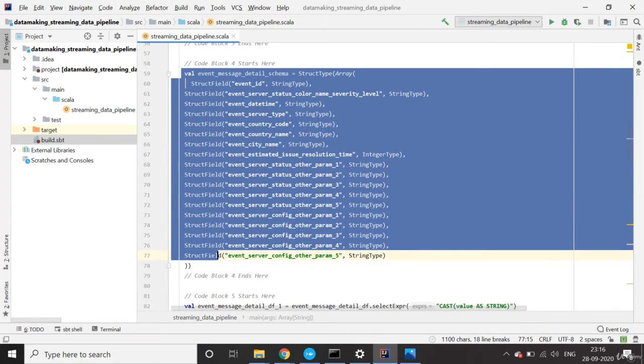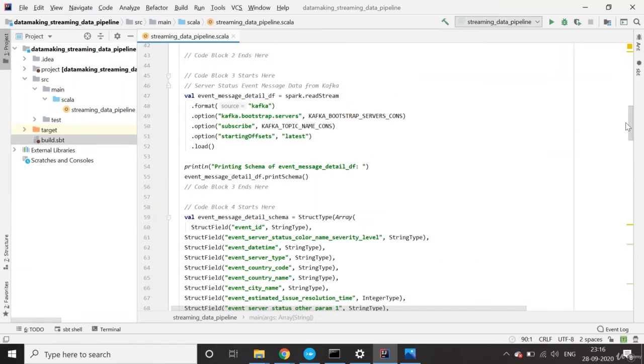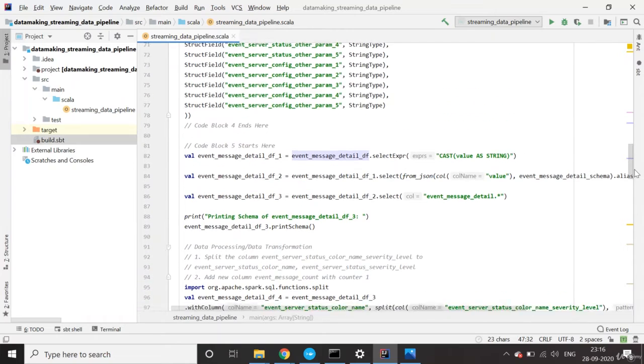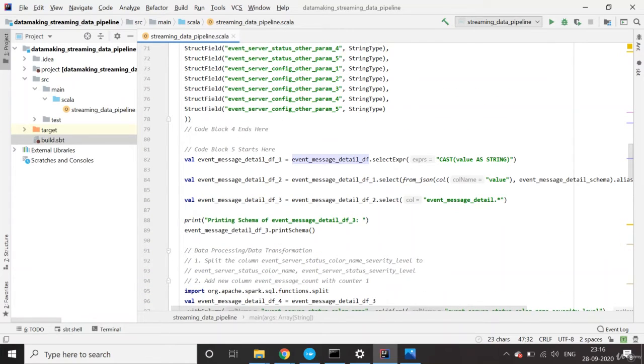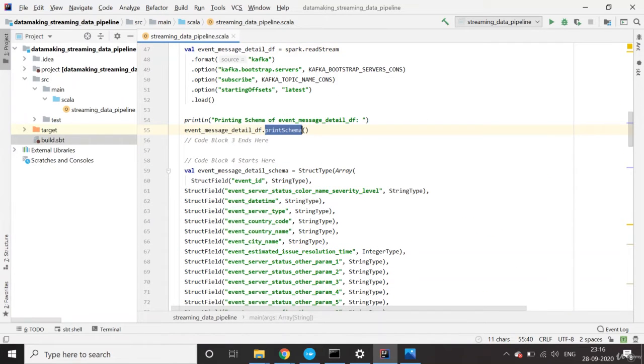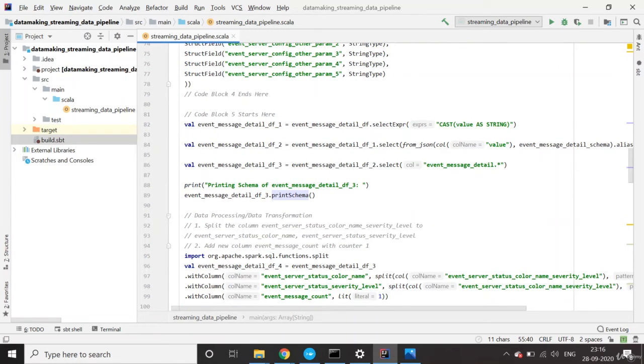Once this schema is defined, we can start doing the processing or pre-processing on this streaming data frame. If you look at the schema, what will come? Basically, once you consume from Kafka, the main data frame will have a key, value, topic name, and other columns too. I will show you when you run it. The important thing is the value column, which will have our entire message.